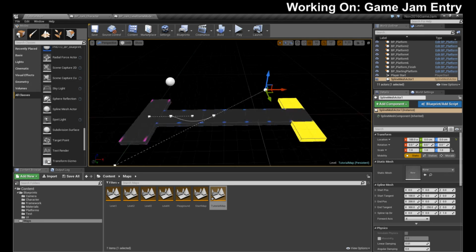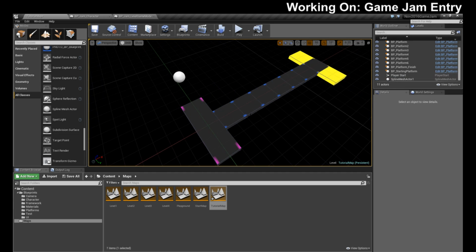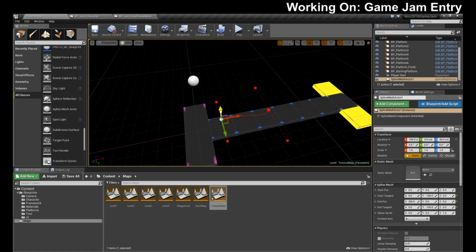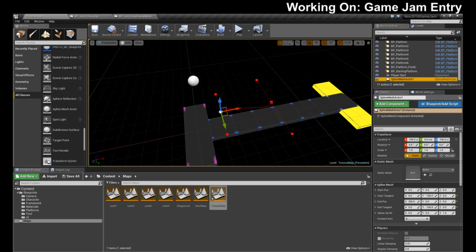Okay, so these are tangents. Is what they are. Okay. Oops, that was not what I meant to do. There we go. So these are tangents on a curve. Whoa, where'd my curve go? Here it is. Okay, so these are tangents on a curve.